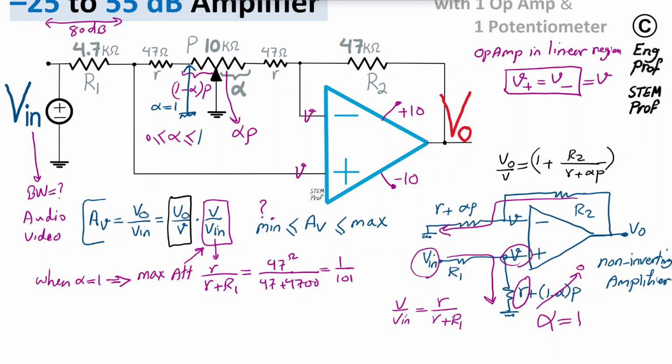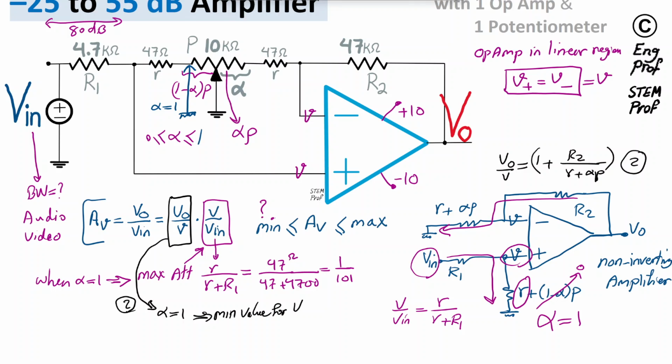So as you can see, if alpha is set to 1 in the denominator, we have the largest denominator. That means we have the smallest gain. So in summary, all I'm trying to say is, let's say this is equation 2. From equation 2, when alpha equals 1, we have the minimum value